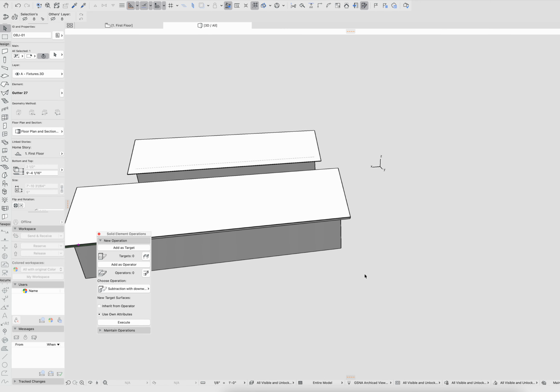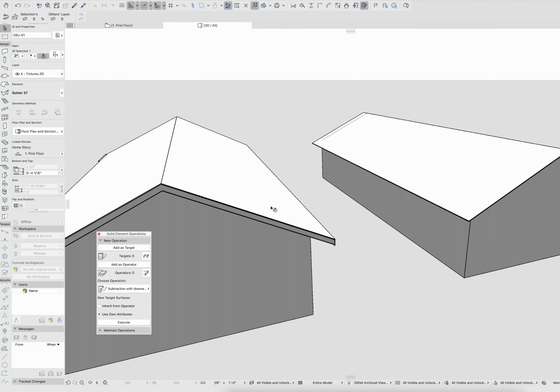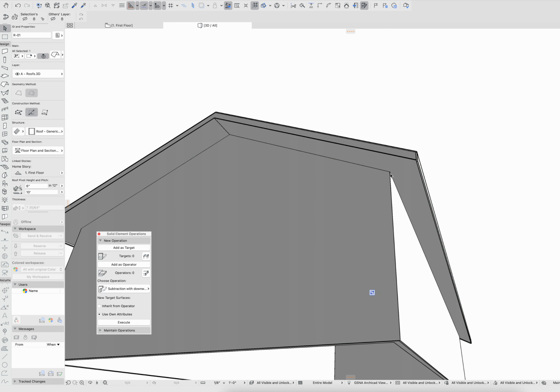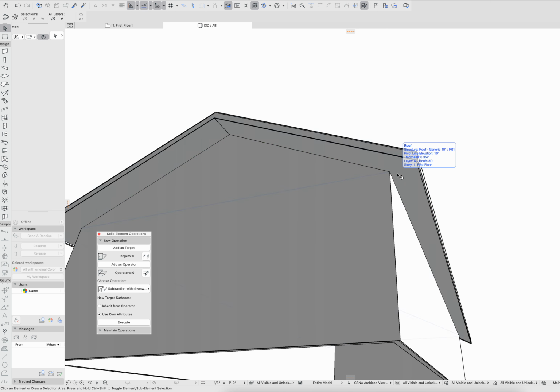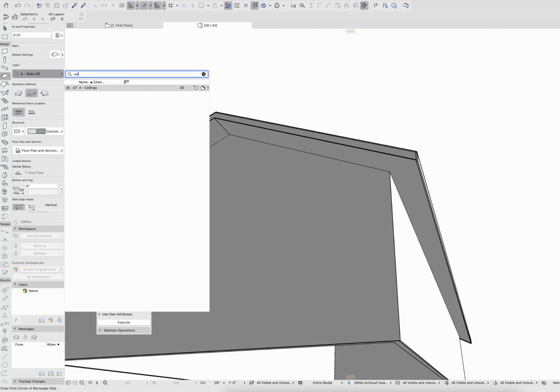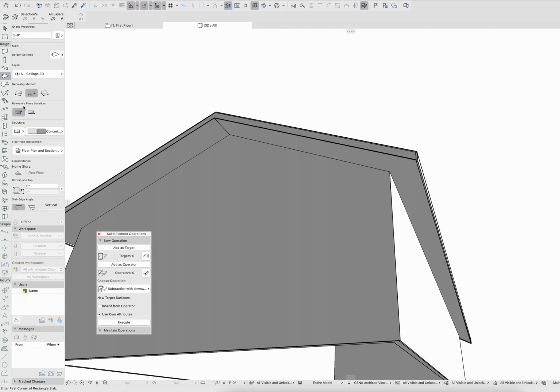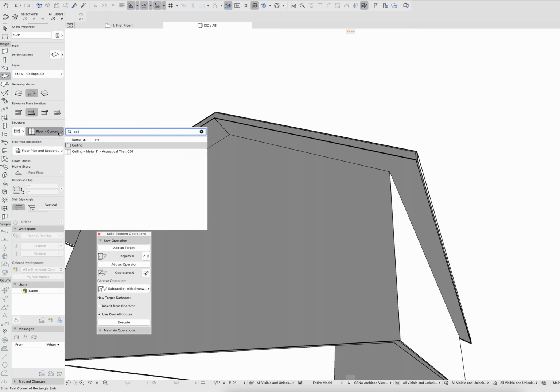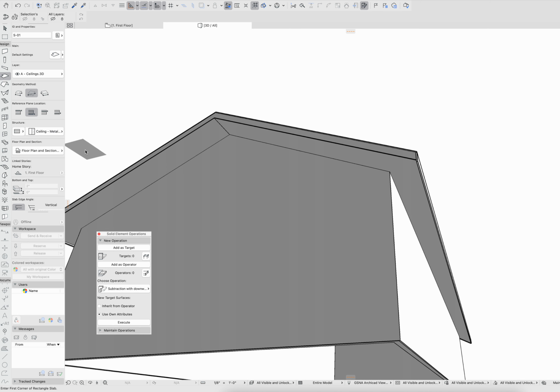All right, so let's look at a couple more conditions that we might have as an example. Let's just say we had a flat soffit here. It's sort of a dated style, but I'm gonna go to my slabs. And I'm going to put this on my ceiling layer. I'm going to put the reference plane at the bottom. I'm going to make this a composite, and we'll just, well, we don't have a soffit. All right, so we'll put it on the ceiling composite for right now, and we're going to edit that here